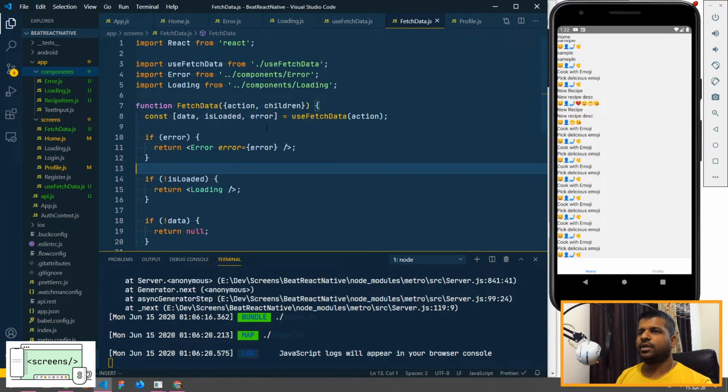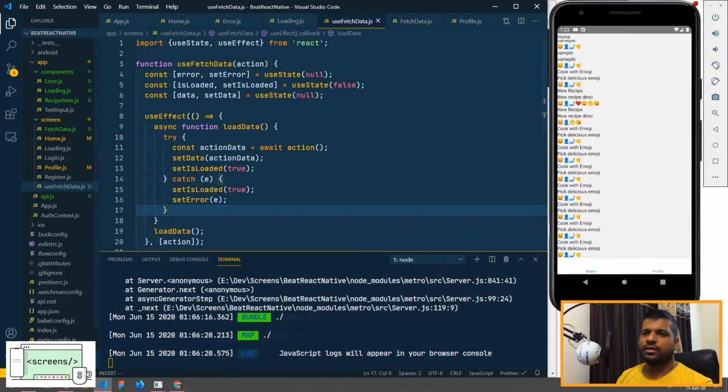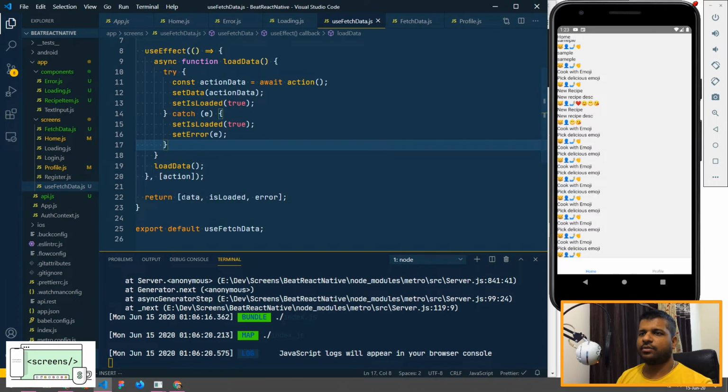Cool. So what it is doing is using the useFetchData custom hook, and we are passing the action to it. We'll take action as a prop, and we'll also take children as a prop. Then using that action we'll call the custom hook, and destructure the response from useFetchData, which is in this format: we return data, isLoading, or error.